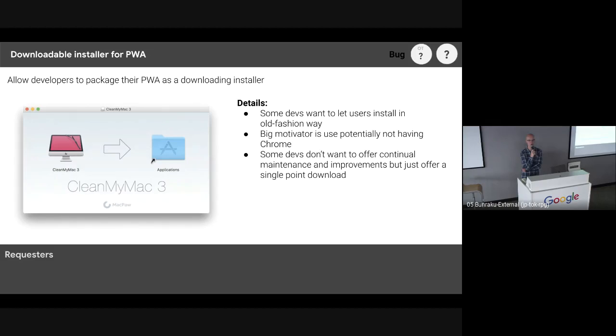Another big motivator for this API is for people who want to distribute the PWA, but their users aren't necessarily using Chrome. You could potentially imagine this including some basic... Or Edge, yes, exactly. Chromium, I should say. You could imagine actually shipping a minimum bootstrap system for Chrome that would let Chrome be installed in some way. That has all kinds of implications for obvious reasons, but it's also kind of what Electron does for every application today. So hey,